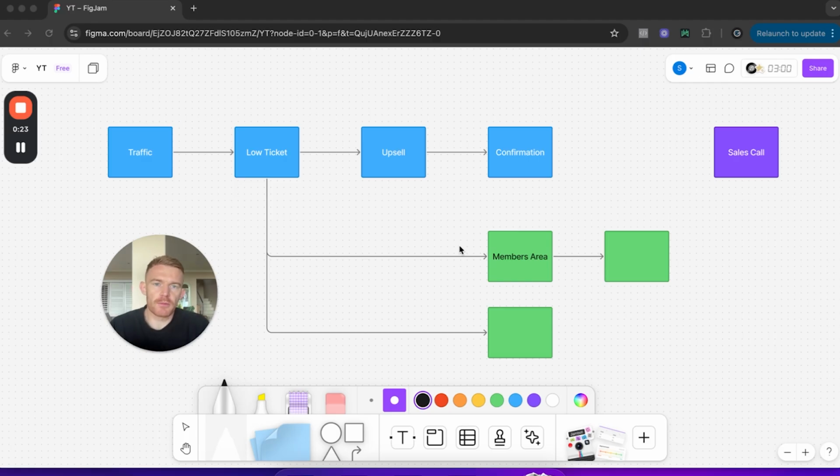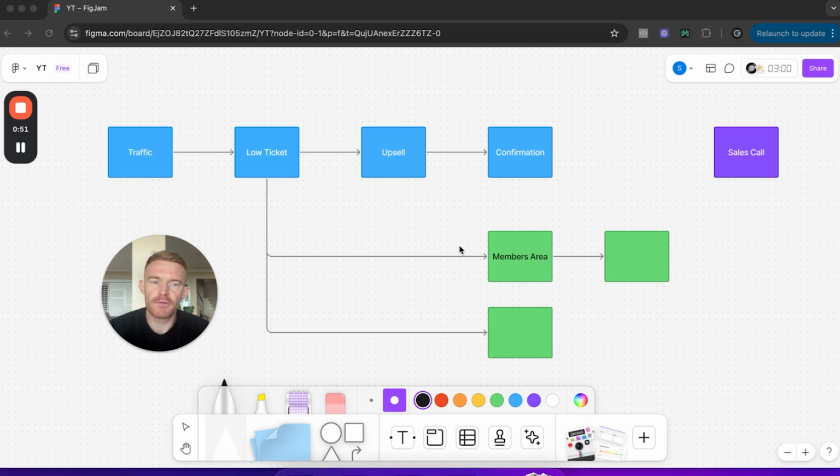Now, there's two problems with this type of process. Number one, you have to try and create a product and sell a product that people actually want to buy. And then problem number two is actually turning those buyers into the high ticket clients on the back end. Because I think a lot of people who are now turning to low ticket funnels to get more qualified people through just thought that, oh, I'm going to create a course or I'm going to create a tool, people are going to buy it. And then just because they are now a customer and they've bought from me once, they're going to automatically just buy my high ticket program.